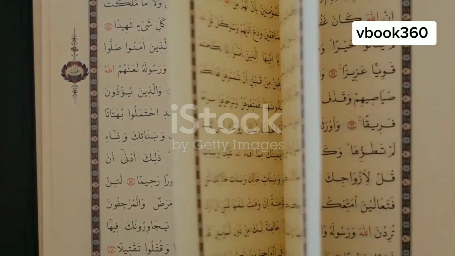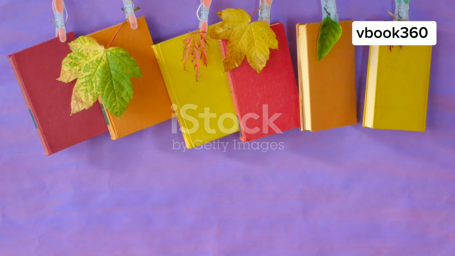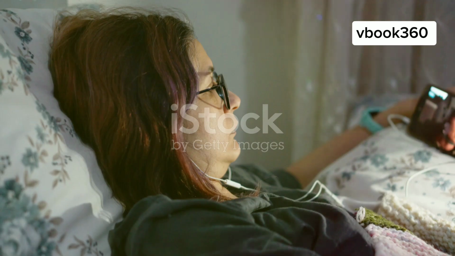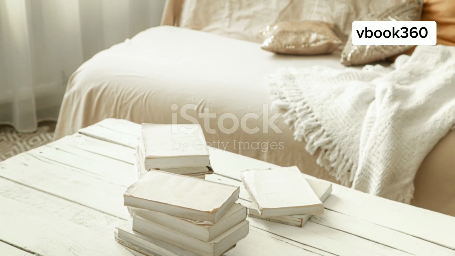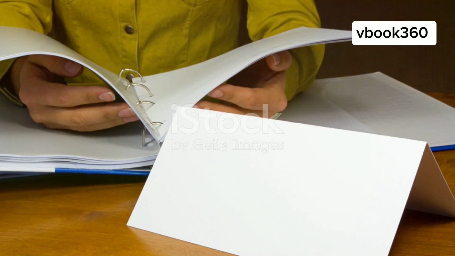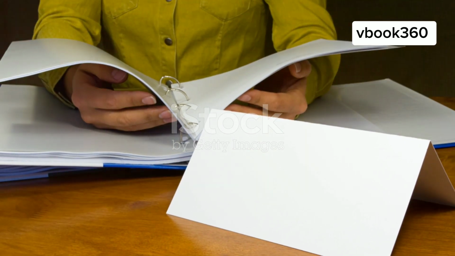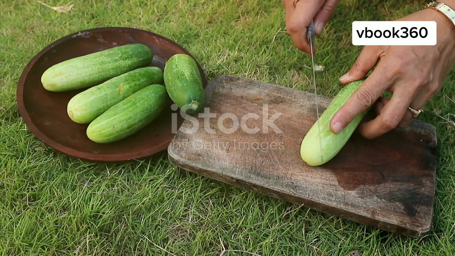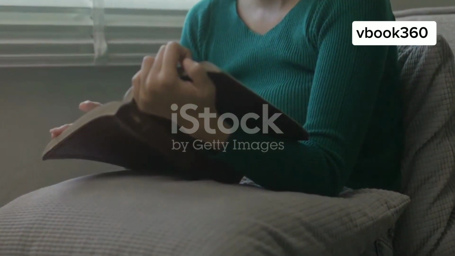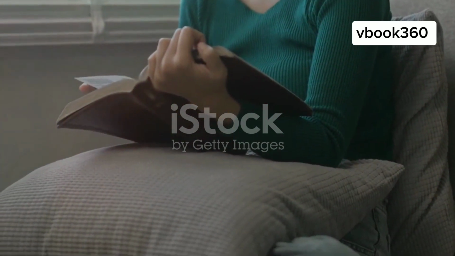Even if we forget specific plot points or character names, the emotions we felt while reading a book, the insights we gained, and the connections we made to our own lives can linger long after we have finished the last page. These enduring impressions are the true legacy of reading. The value of reading extends beyond the immediate gratification of a captivating story or the acquisition of new knowledge. It lies in the journey of exploration, the expansion of our understanding, and the enduring impact that stories have on our lives. While forgetting is an inevitable part of the human experience, the memories we forge through reading continue to shape who we are long after the details have faded.